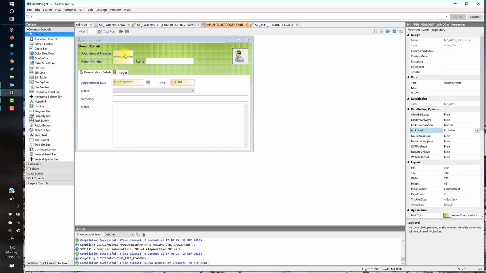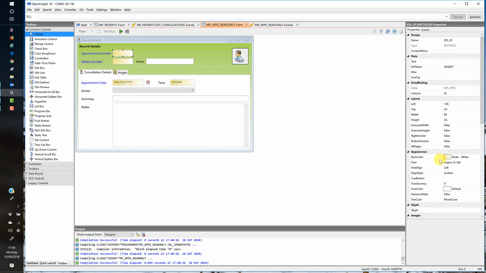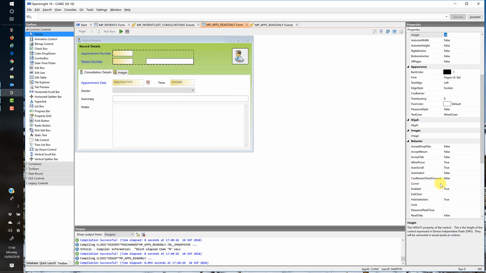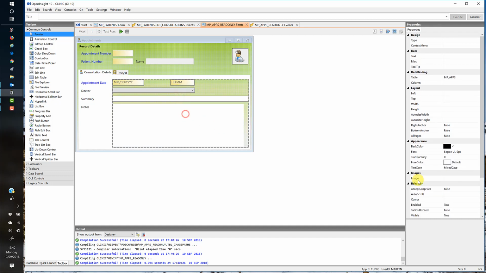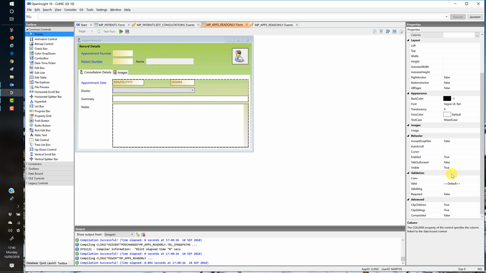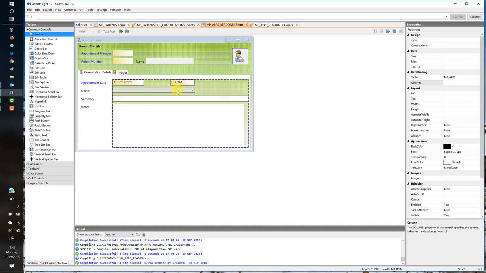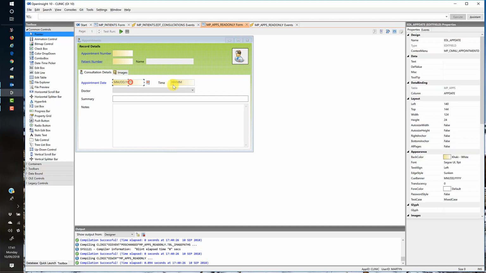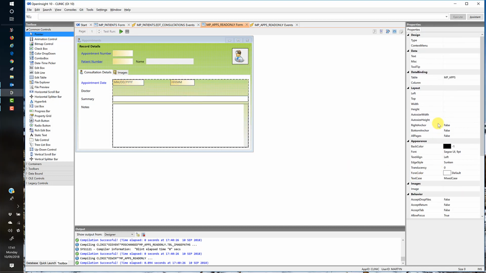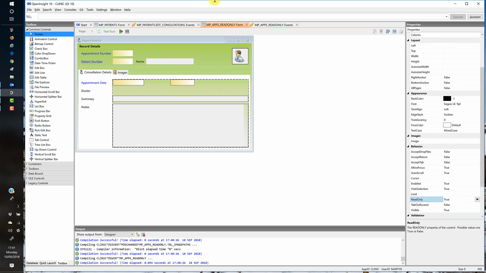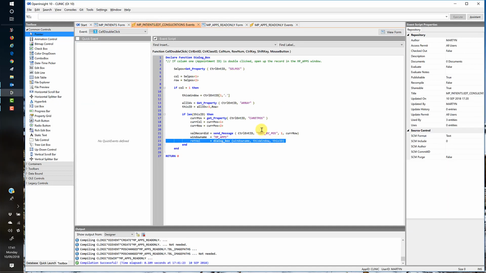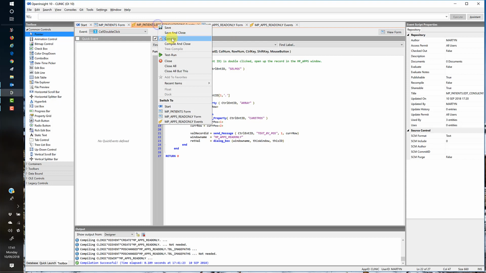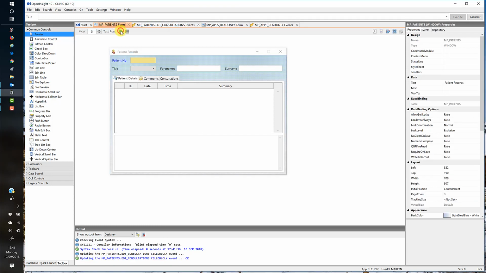Then in here it would make sense if we were to set all of these controls to be read only. Just select all of those. Have we got read only? Okay, I think I need to not select the combo box. Let's select all those to read only. Then if we do a save, and in here we need to be underscore read only. We will compile and save, and if we test run that,